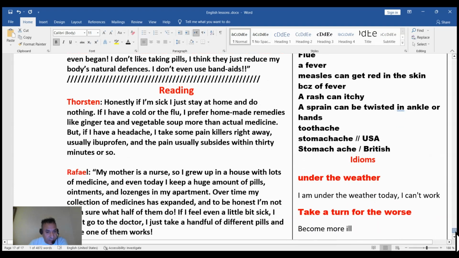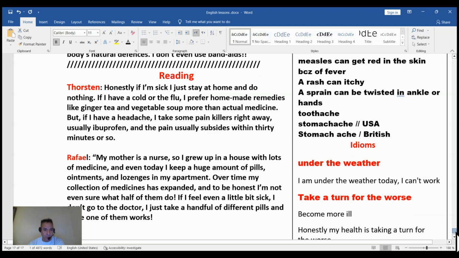My mother is a nurse. Wow, that's good. So I grew up in a house with lots of medicine. They don't care because they have lots of medicine. They think they can use it every time. And even today, I have a huge amount of pills, ointments, and remedies in my apartment.